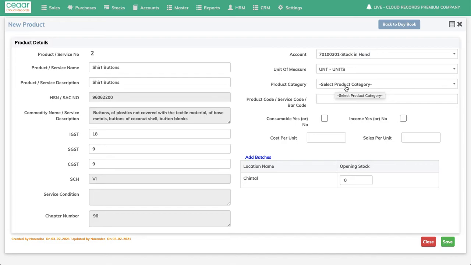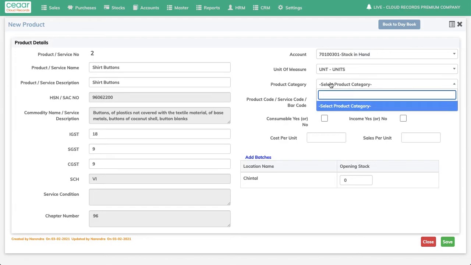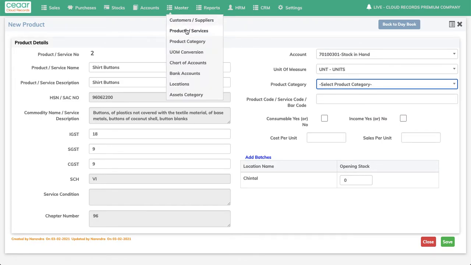This can be based on your business requirements. You have to create a product category before you start using it here. You can see now there are no product categories here. So once you create them here under masters product category, then that will come into this drop down box.